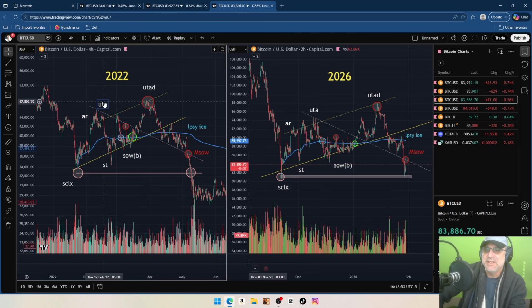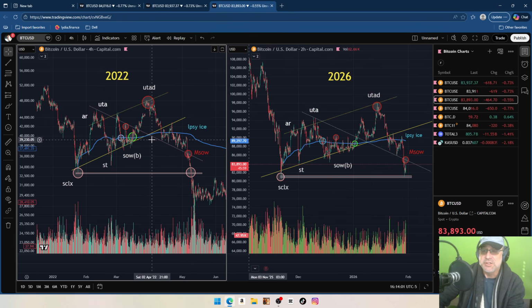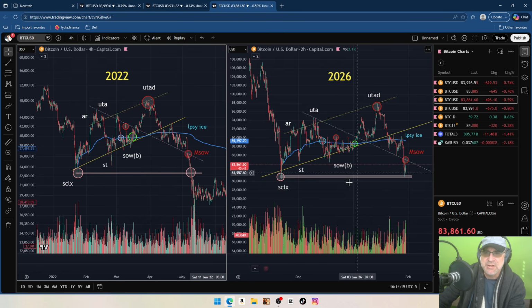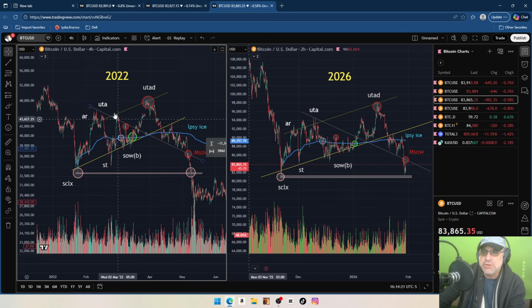Here we are on the 4-hour forensic of the two ranges, the 2022 and the 2026. I've labeled a bunch of the Wyckoff events here for your convenience, so you can track this. The selling climax, automatic rally, this whole area should be pretty much self-explanatory. We anchored the VWAP to the selling climax, and it served as a creek and ice line throughout the duration of the range. We have the two micro trends, and a third micro trend coming from the